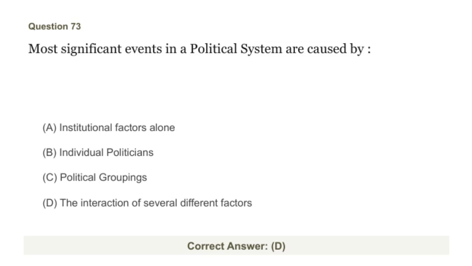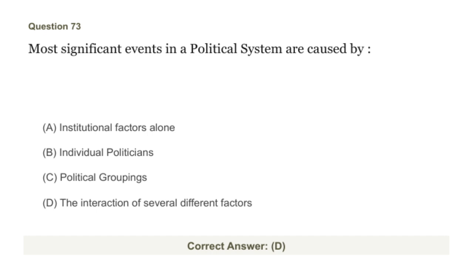The correct answer here is D. Most significant events in a political system don't happen because of just one factor. Instead, they result from the interaction of several different factors coming together. For example, it's not only about institutional factors like laws and structures, nor just about individual politicians or specific political groupings. It's really the complex interplay between these elements that drives major political changes. Understanding this helps us see how dynamic and interconnected political events are, which is essential for grasping the overall functioning